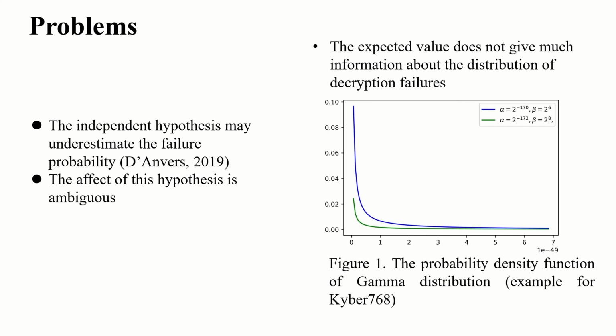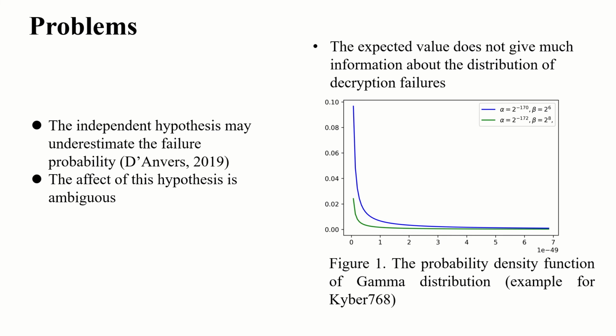For example, consider the gamma distribution. We know that x obeys gamma alpha beta. The expectation of x to the power k is equal to gamma alpha plus k divided by gamma alpha times beta to the power k. Therefore, if we randomly choose a public key, the actual distribution of the failure probability of Kyber 768 is gamma 2 to the power of negative 170, 2 to the power of 6, which is the blue